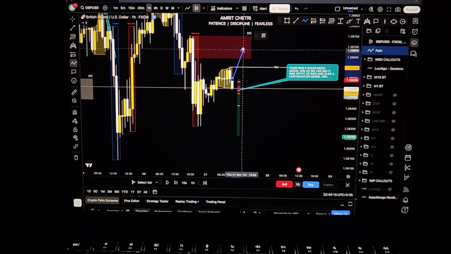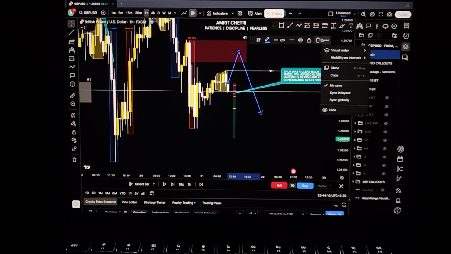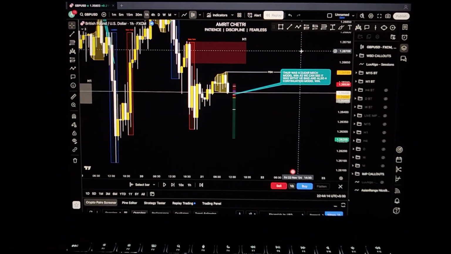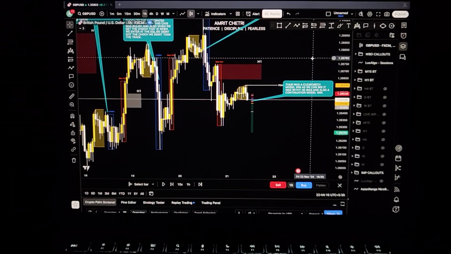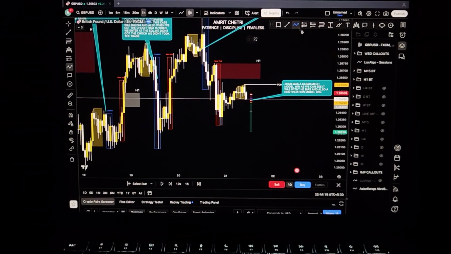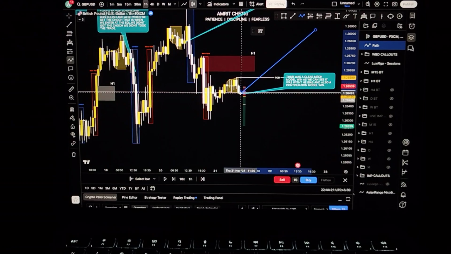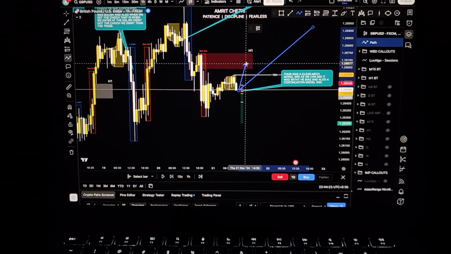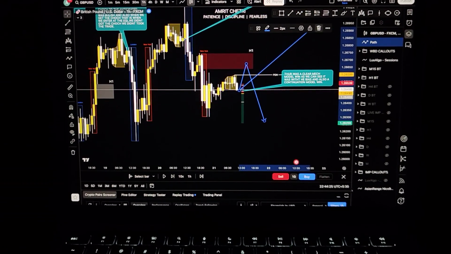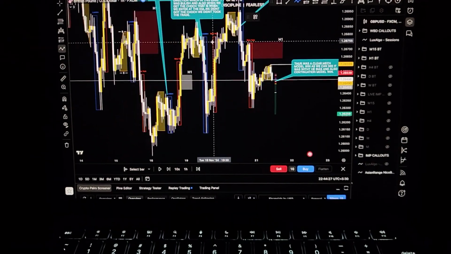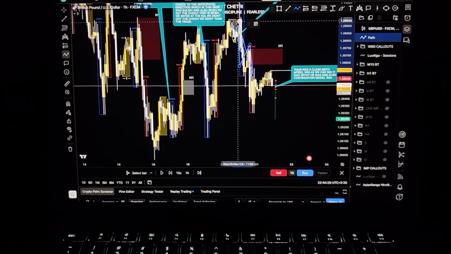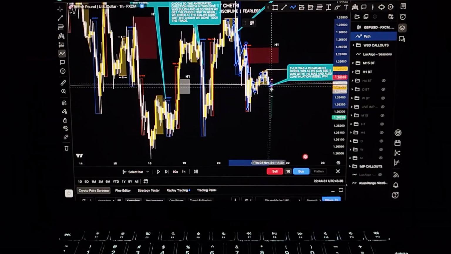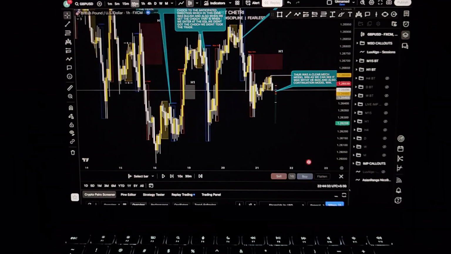Yes, you can argue there was a supply zone to trade from, but according to the bias, we have to adapt to the market conditions, right? I have told you that according to the bias, we have to adapt to the market conditions. So in this case, it made so much sense for me to wait for this supply zone to get mitigated, but also according to how the market is reacting. Look at this, so bearish, right? So that is why it also made sense to take a trade from here. Why?